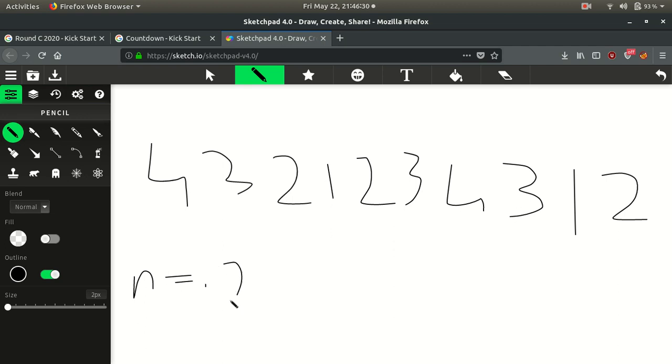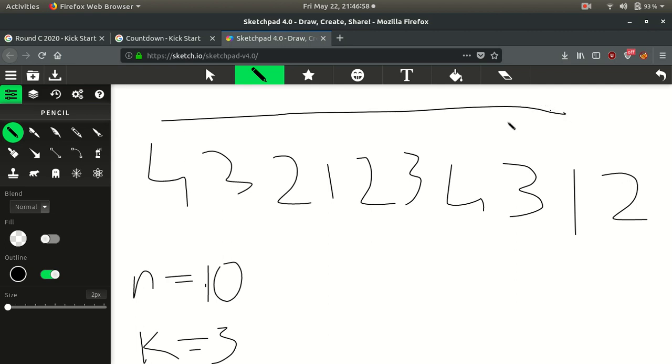Okay, and we have k is equal to 3. So now what we will do is that as we know, if we have to find a series that ends in 1 of size k, so we know that the first element of the series must be k.